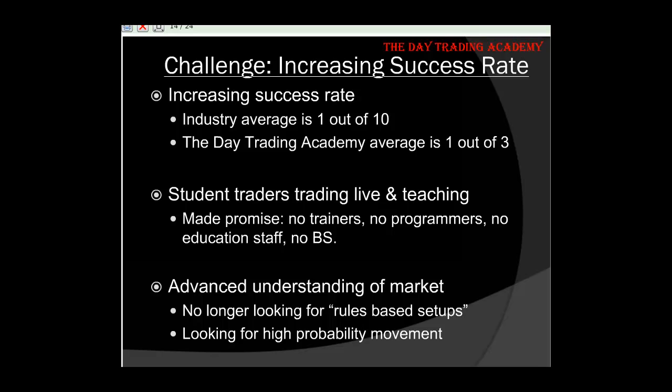I want to see what it takes, because everybody would always ask me, well, what does it take to be successful day trading? How long does it take? How much money should I make? All that stuff. And when you stop focusing on quote unquote the rules, right? Everybody talks about risk versus reward, right? That's real big in this industry. Everybody talks about percent of return. Well, how much money can I make every day? What I'm saying is, let's throw all that out of the window and just worry about one thing.